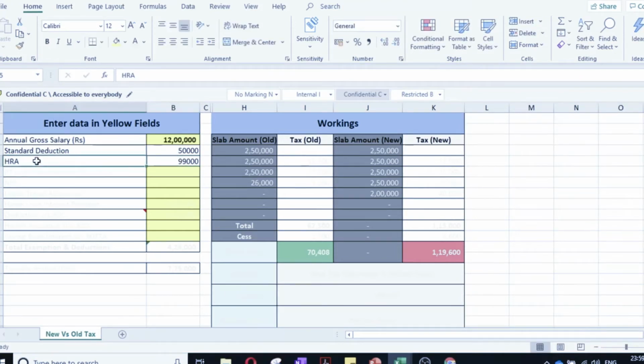Next is PT and entertainment allowance. Some people give, some people will not give. NPS, you have not done, I will explain about it later.